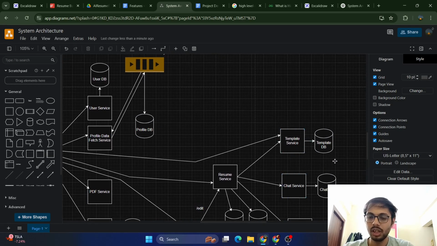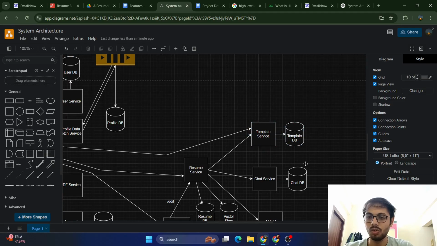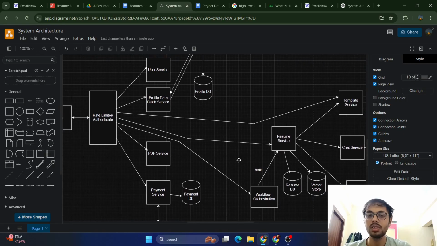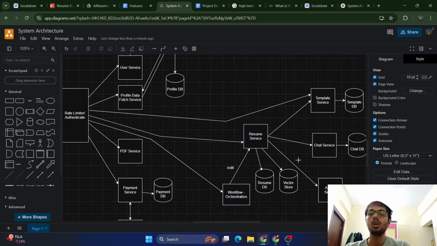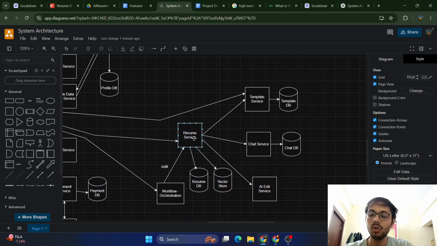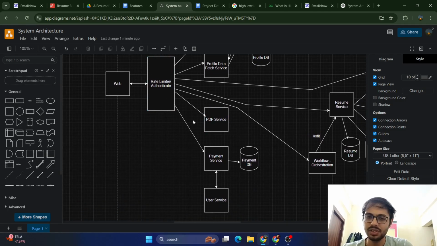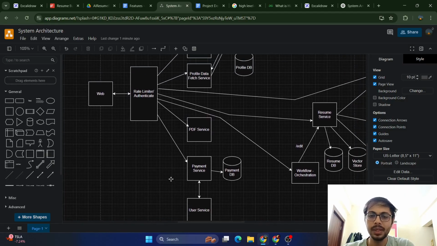टेम्पलेट सर्विस की टेम्पलेट्स में चेंजेस करें तो वो भी हमको हाथों हाथ ही चाहिए, तो we should have this। रेज्यूमे सर्विस, अगर हमने रेज्यूमे में चेंजेस करे तो रेज्यूमे की चेंजेस जो है वो हाथों हाथ चैट सर्विस के पास जाने चाहिए, AI edit and, तो ये वर्कफ्लो डायरेक्टली फॉलो होना चाहिए। Do we need queue here, don't know right now। पीडीएफ सर्विस तो डायरेक्ट कॉल है।